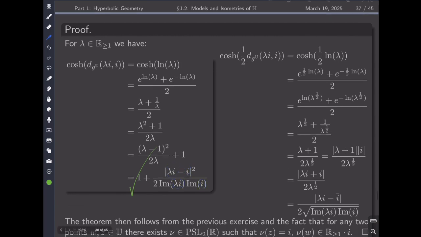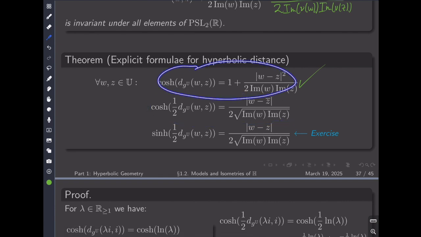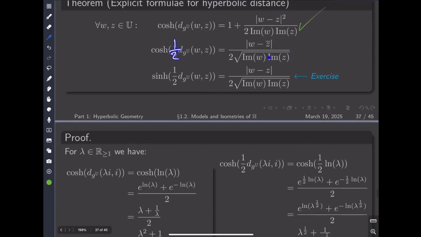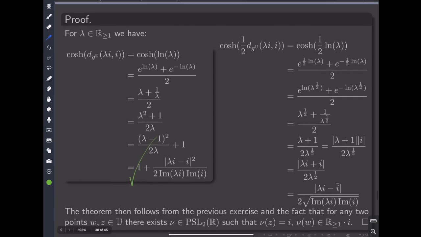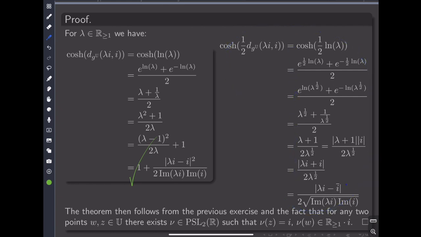Okay. For the second formula, it's very, very similar. And actually, once you saw the first one, you say, for the second one I'm sure it will work. And this 1/2 becomes the square root because there's an exponential involved. And that's exactly what happens. So here I wrote the whole chain of equalities. All of them are elementary, and you arrive at the fact that the desired equality is true again for I and lambda I,